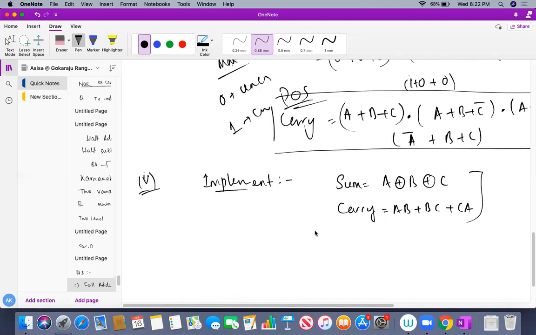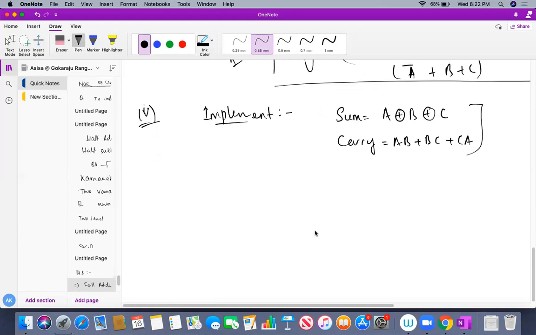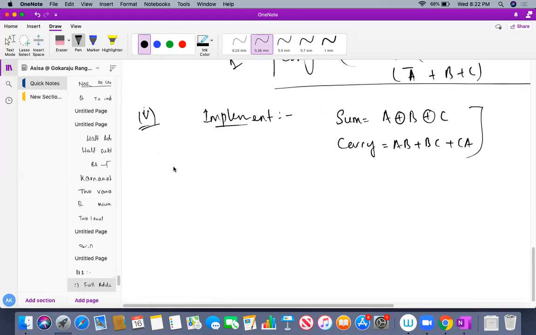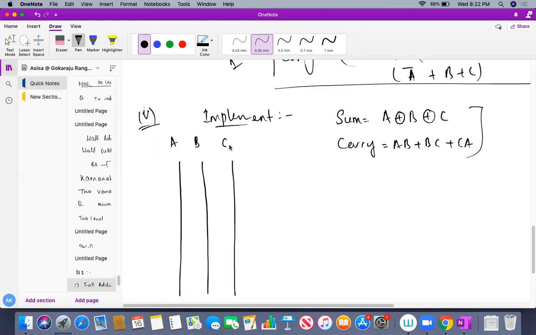See here what way I am doing, because one very important question came up in the GATE exam in 2018. So see here what the question is, I will tell you. First, I'll explain this. This is my A, B, C. I'm going to implement it. Always remember, if they are using 3-input XORs, try to make them always 2-input XORs only. So see here what I'm doing. I'm taking A and B first and connecting them to the XOR gate, and whatever output comes, I have connected it to another input.